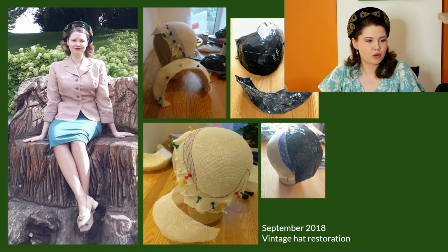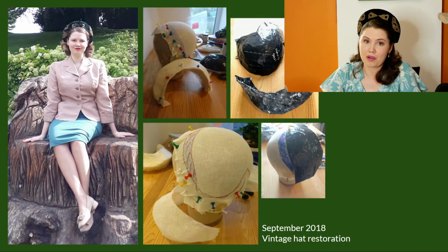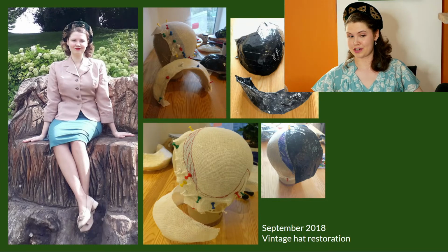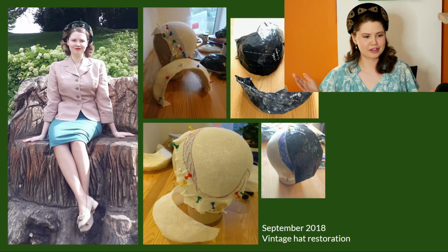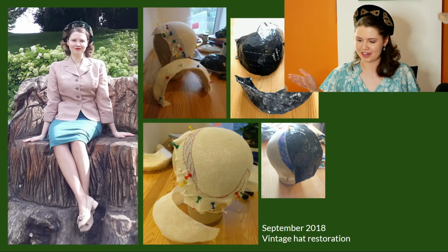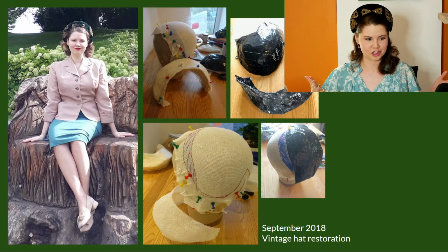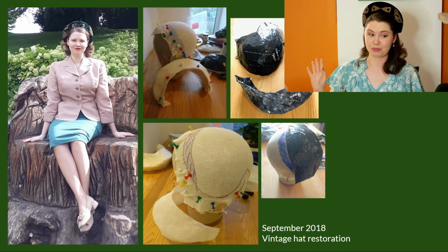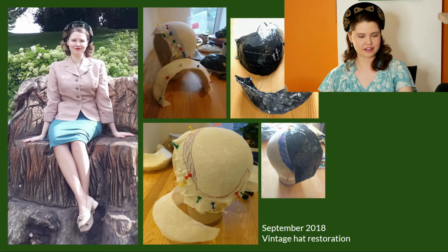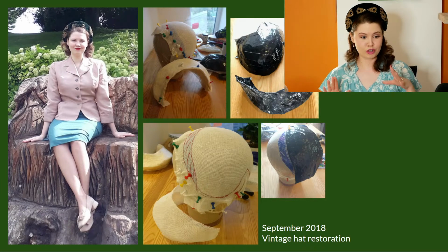But of course, what does a person who doesn't know anything about hats go and do when they try and recreate a hat? They make a lot of mistakes along the way because they don't know what they're doing. But that's okay, because we've got to learn somehow. And if that's not going on a course, then that's messing around in the kitchen trying to make your own hat block out of plaster, which is kind of what the middle image and the weird images of the black things are. That's the original hat shape